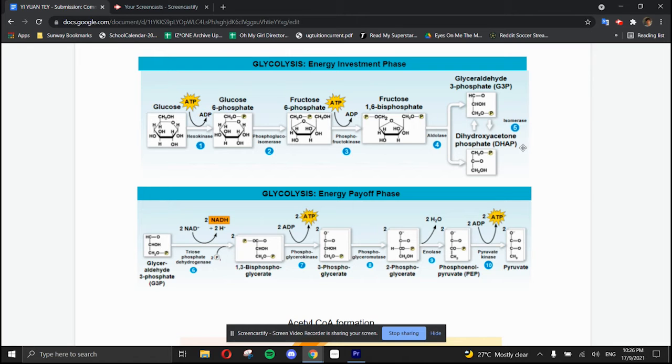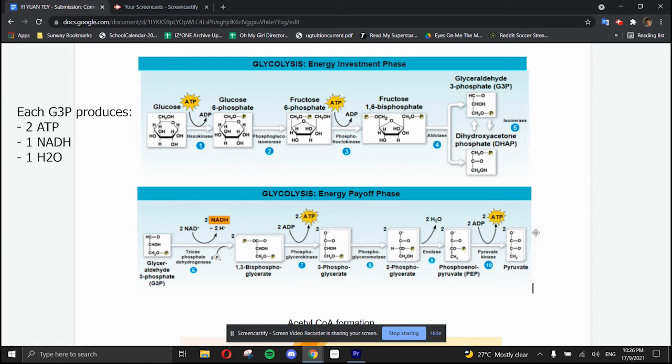And note that both of them are now 3-carbon molecules. Between the two isomers, G3P is ultimately the favorite product. Therefore, in the fifth step, DHAP will be converted into the second G3P, which marks the end of the energy investment phase. Moving on to the energy payoff phase, each of the two G3P produced is further converted to produce